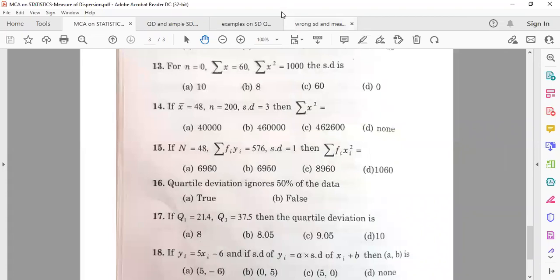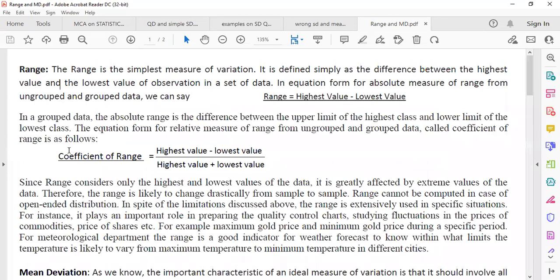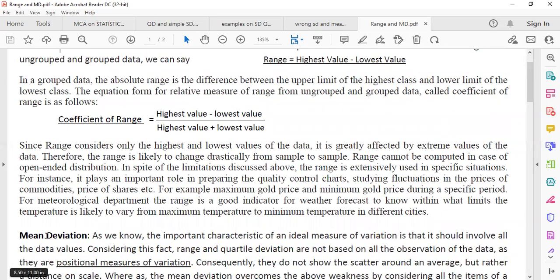We actually left only 2 topics for the measure of dispersion: one is range and another is mean deviation. Only 2 topics are left. Next day, we will start